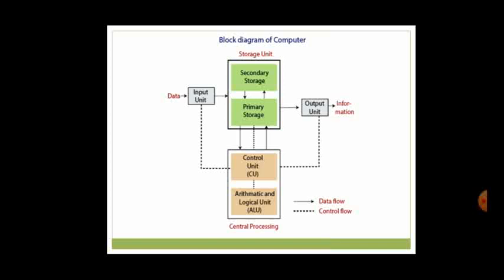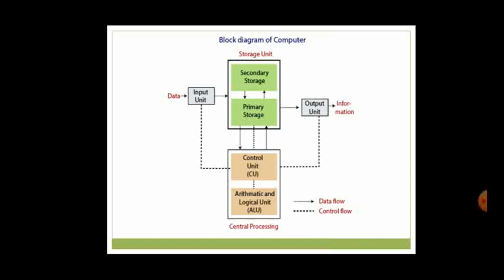First the user inputs the data to the CPU through the input unit. That means the user gives the data through input unit to the computer, but a copy of that data is stored in storage unit. You can notice that the control flow is going from input unit to central processing unit, but the data flow is going from input unit to storage unit, then to central processing unit. Once the data is processed in CPU, the processed data is nothing but information. The information is sent back to the storage unit.